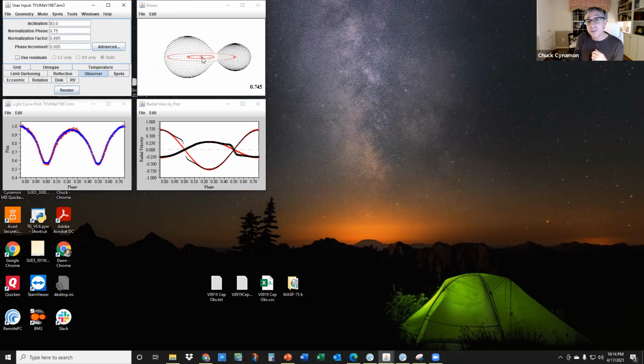You can see the center of mass that it's revolving around is right here, because you have a bigger star, an F7 star plus an F0 star. So you can see those geometries, and it's just a matter of validating what you've collected against what is known about this one in particular, and it allows you to figure out all those parameters.